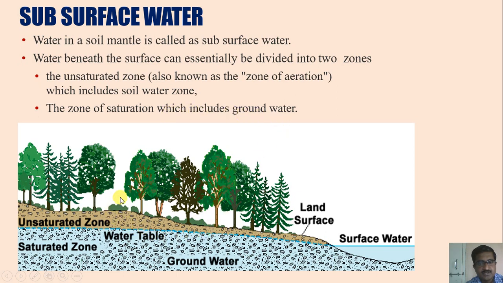You can see in this picture how the subsurface water can be located. On the top side, there is unsaturated land where the water is not present, but as you go down, you can find the water table. It is also associated with the surface water. The saturated zone is shown here, where the water is fully available